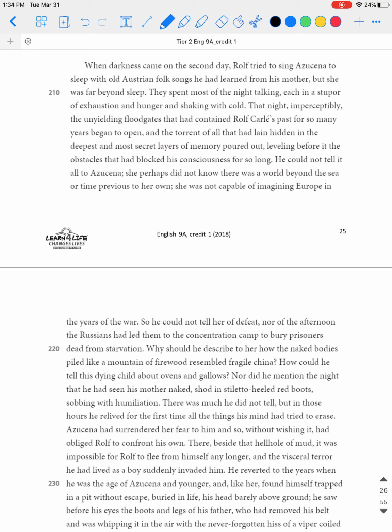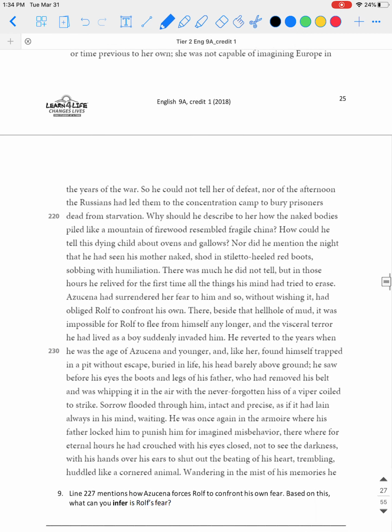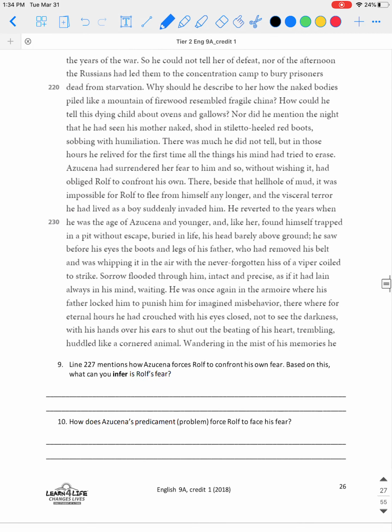He could not tell it all to Azucena. She perhaps did not know there was a world beyond the sea or time previous to her own. She was not capable of imagining Europe in the years of war. So he could not tell her of defeat, nor the afternoon the Russians had led them to the concentration camp to bury prisoners dead from starvation. Why should he describe to her how the naked bodies piled like a mountain of firewood resembled fragile china? How could he tell this dying child